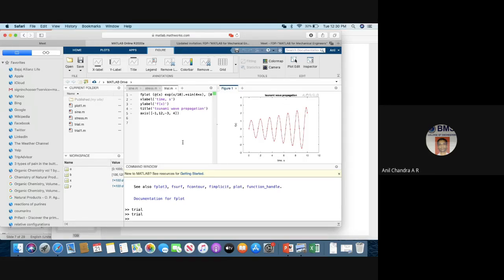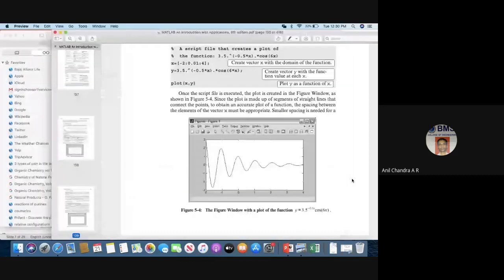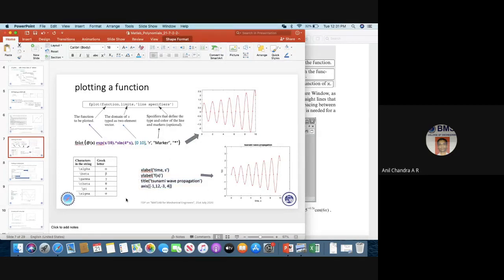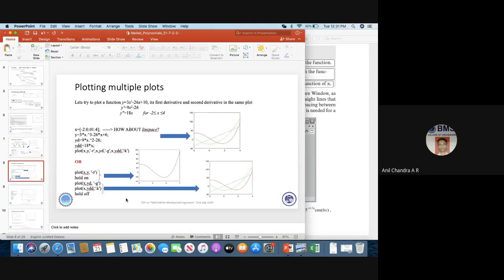So you can explore many options in this. It is difficult for me to give you insight into every aspect of plotting. Plotting always is user dependent, how he wants to present. Based on that, he will look for the commands, and it is for you to explore once I have given you a hint.